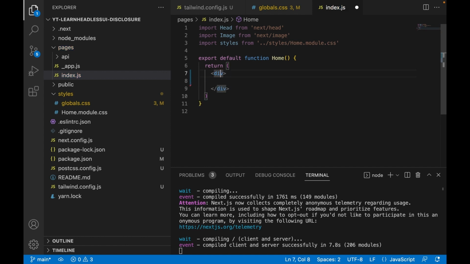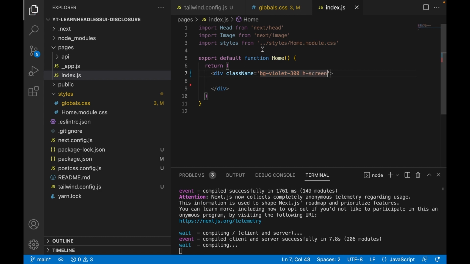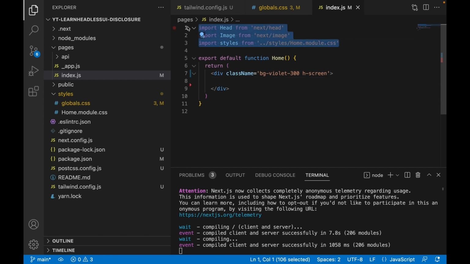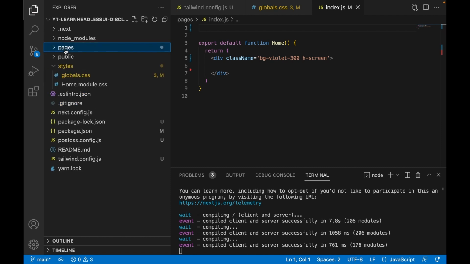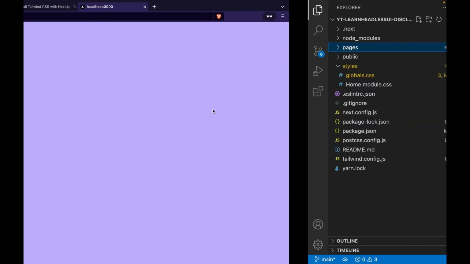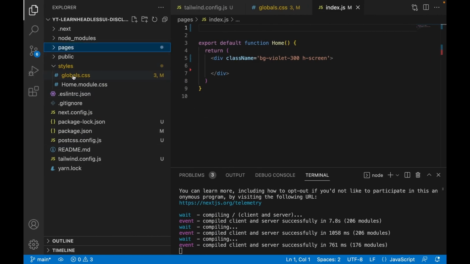And then we try to use the Tailwind CSS by typing className is equal to bg-violet-300, and the height is the height of screen. So we save this and we can remove all of this. Now we can see the light violet color, and now we are going to create the